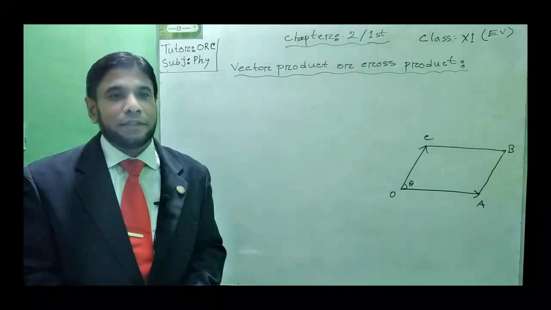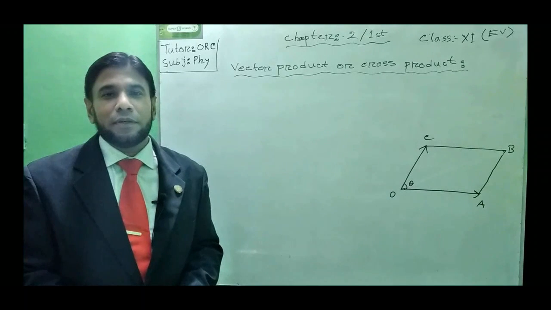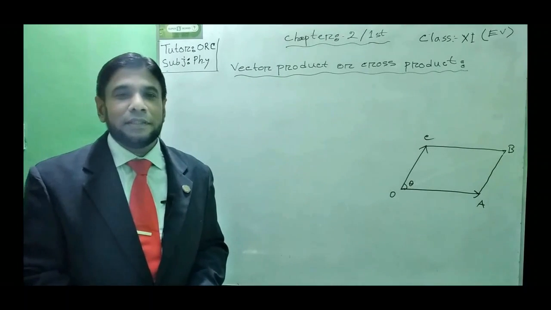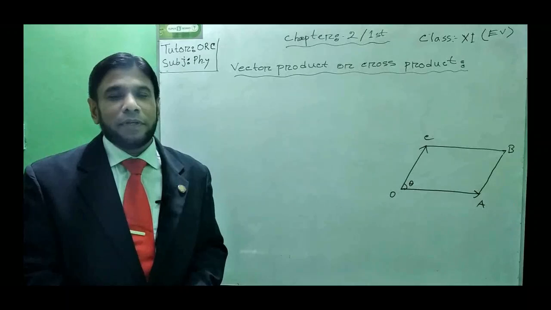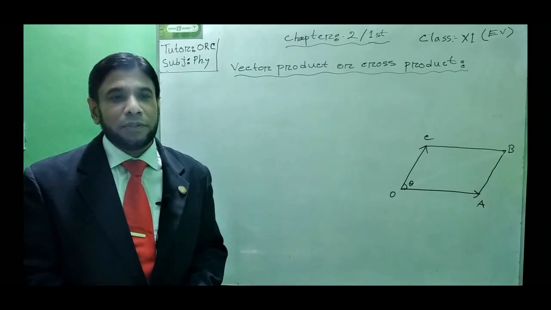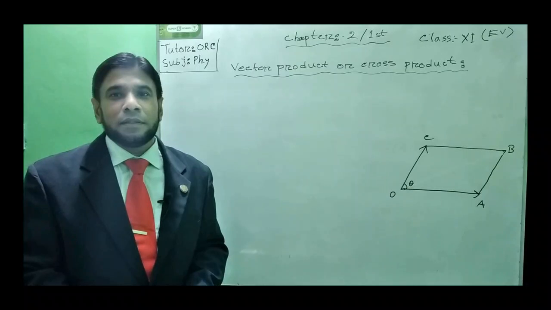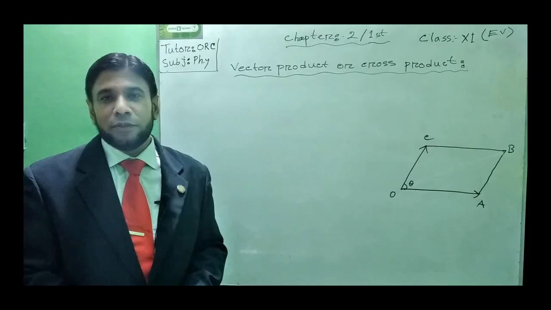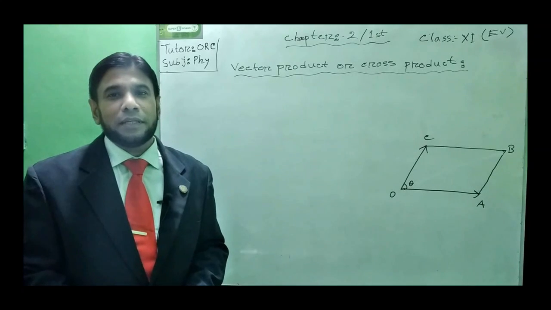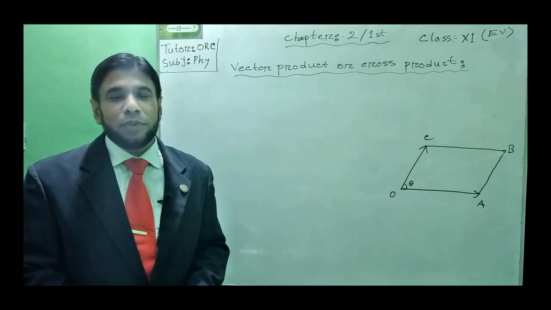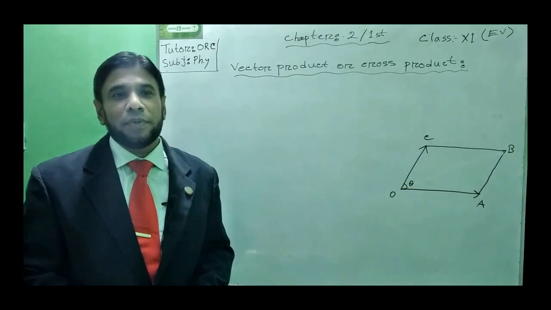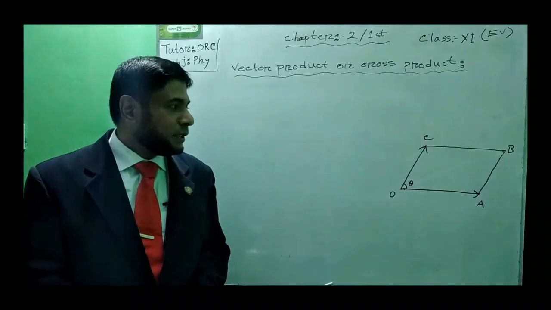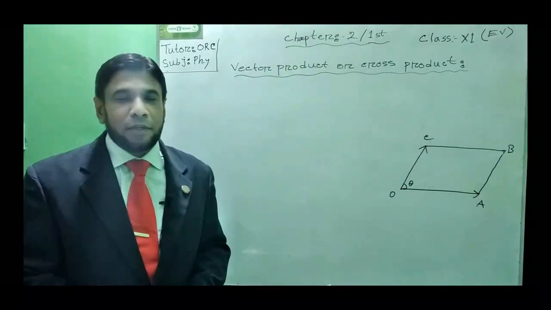So we will discuss the properties of the cross product of two vector quantities. In our previous classes, we have seen how we can find out that two vectors are acting parallel to each other with the help of the cross product. In that case, if the cross product of two vectors becomes 0, then the two vectors act parallel to each other. Now we can also easily find the area of a parallelogram with the help of the cross product. It's another important property of the vector product of two vector quantities.